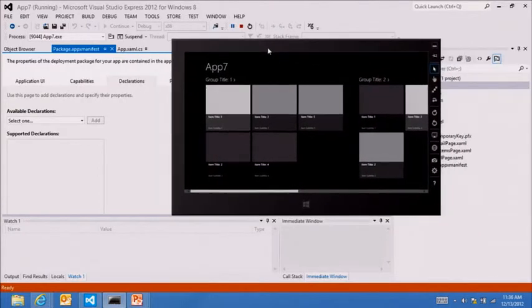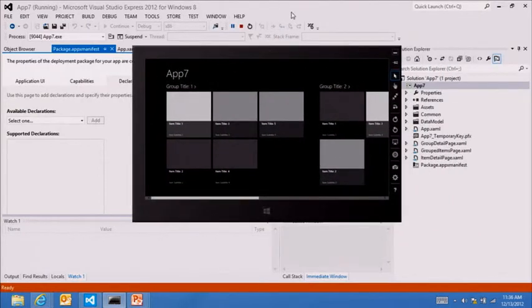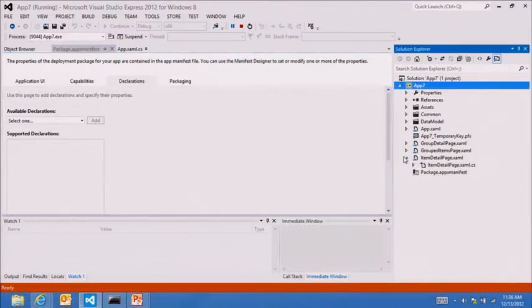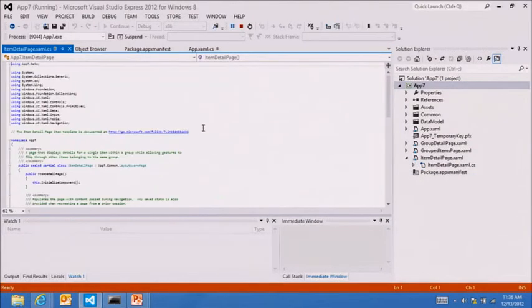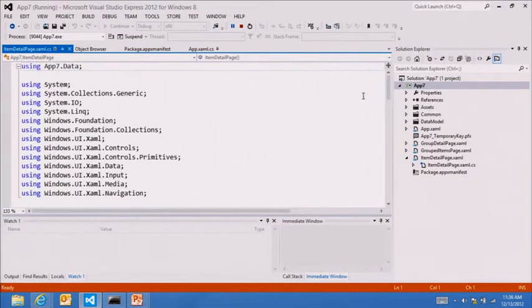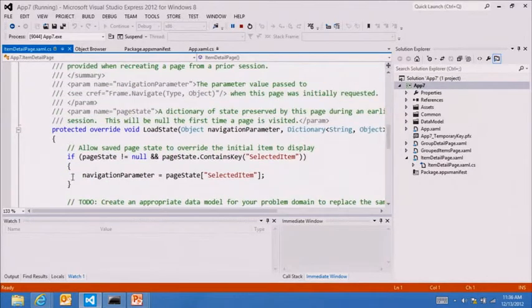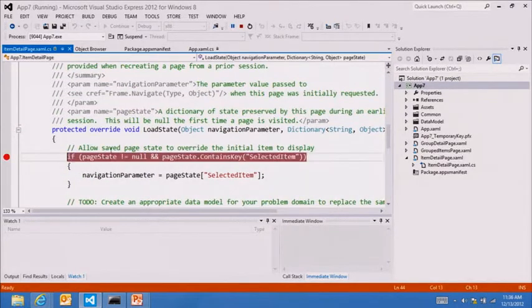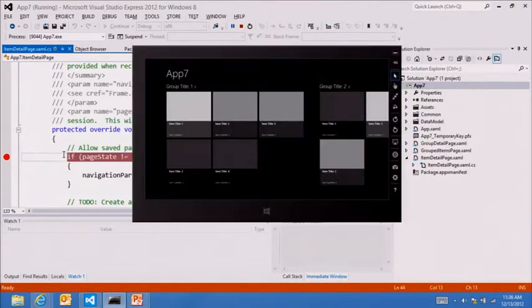So let's just go back here. I have the exact same app. You see the source code over here. I can go in there and put a breakpoint in something like item detail page. And I'm just going to zoom in a little bit, and I'll put a breakpoint there. I'll go back here. So right now I'm interacting, where I'll just click on it right here, or I'll tap on it, because my mouse,